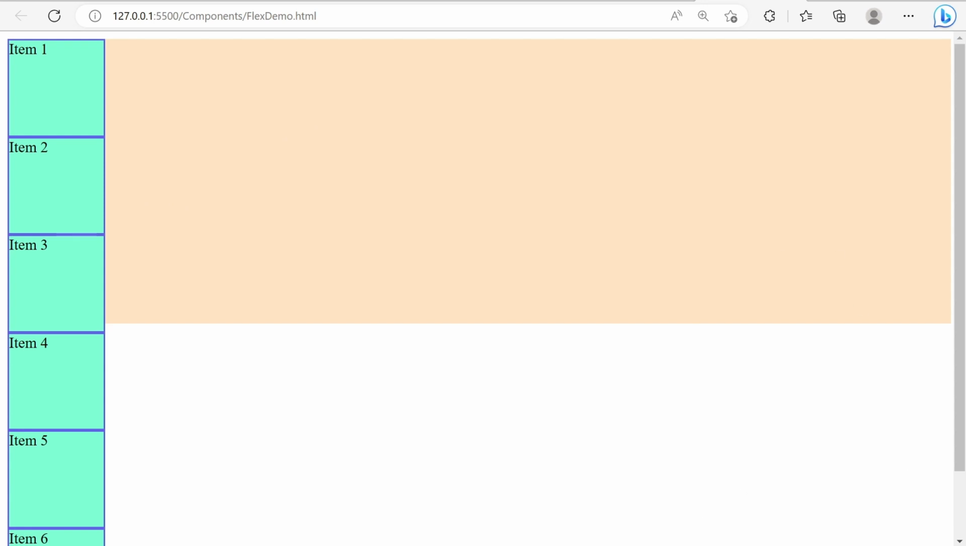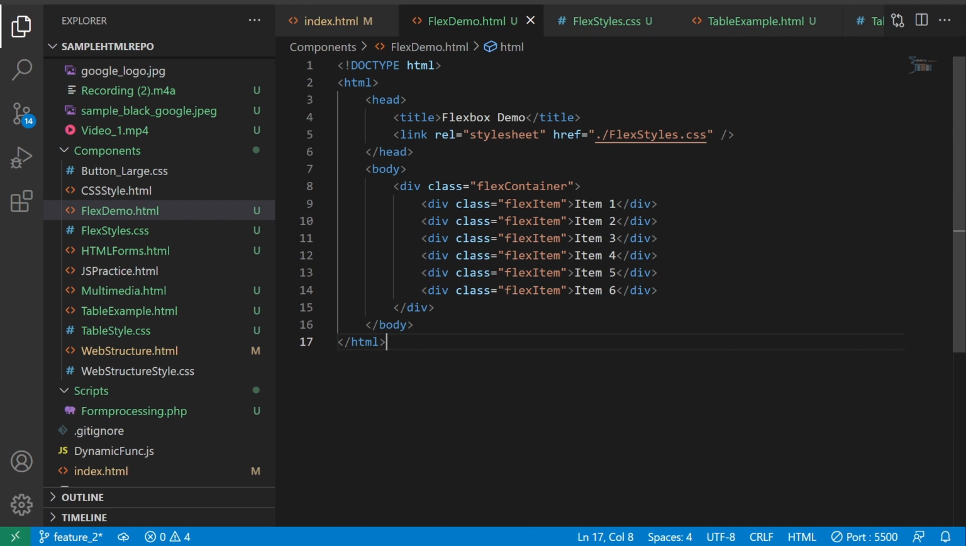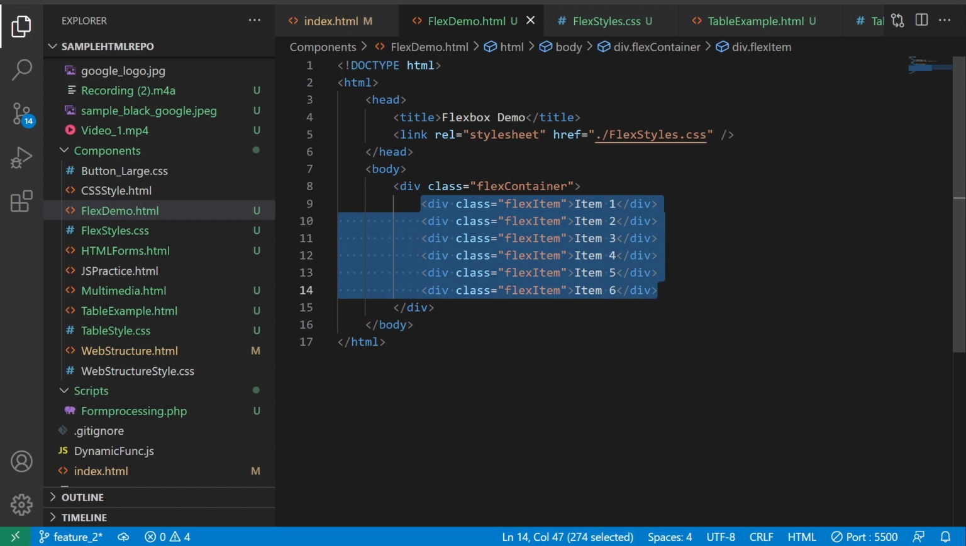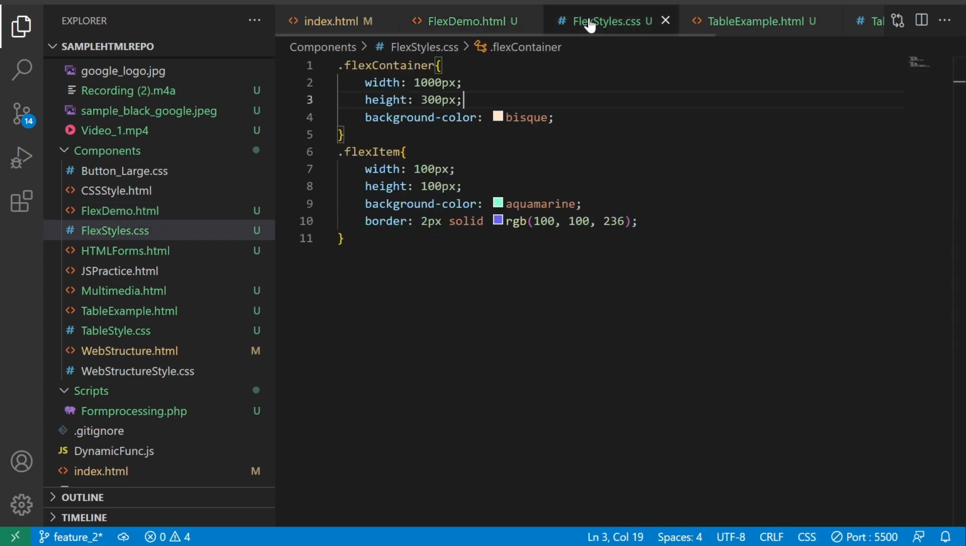First I will show you my code. There is nothing fancy here, just one container with a div tag, and then I have six child elements with the same div tag. So one container, and inside that we have six child boxes. Then I applied properties for the flex container, that is width 1000 pixel, height 300